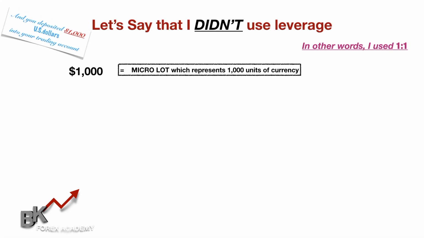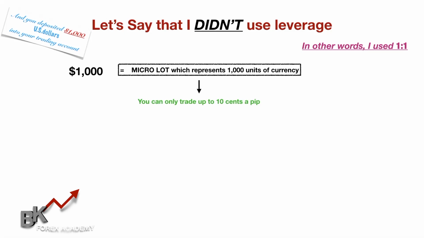For every micro lot, or every $1,000 we have, we can only trade 10 cents a pip, no more. So if you go into your trading platform, you put in $1,000, and you're at a 1-to-1 ratio, you cannot put more than a 10-cent lot size when you're trading. So that's why someone would want to use leverage, for example, 1-to-33,